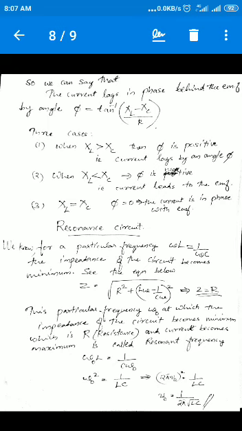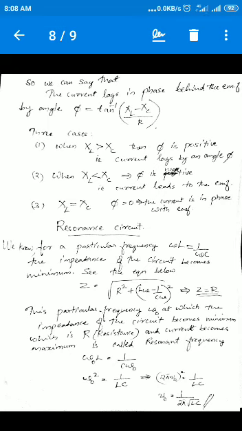In the resonance circuit, that is to select a frequency, like in radio and all, you change the knob to find a station, isn't it? So what do you do by changing the knob? You are changing the frequency of the receiver. So the sender sends a frequency, and we need to match that frequency. Only that frequency we need to select. Then only we can hear the song. So in order to select that frequency, we should use this kind of circuit.